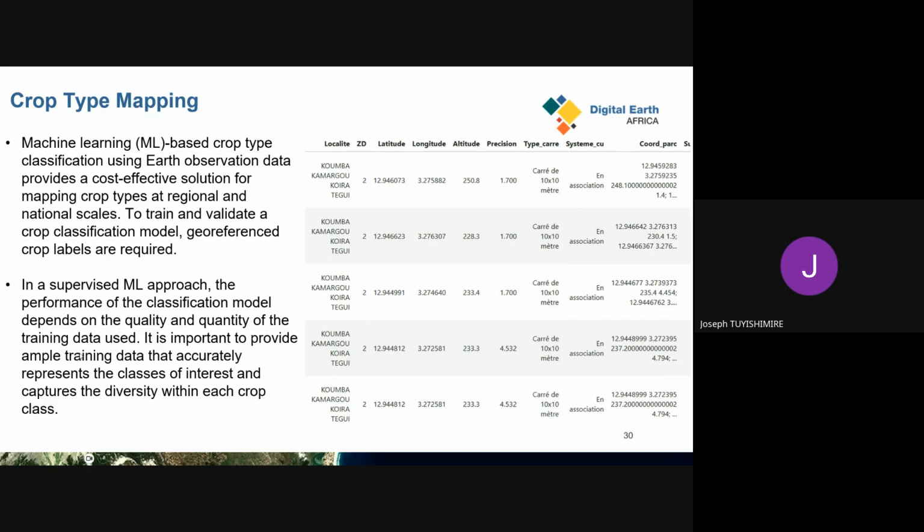This is a machine learning approach, and the classification module will combine both high quality earth observation and field validation data for the predictions, training of the model, and even the validation.